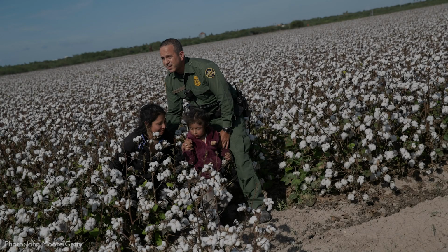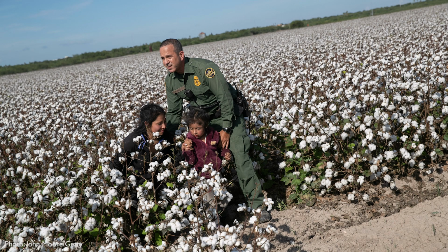Our next segment we call The Look. And here we are interested in thinking about how photographs push the visual boundaries to illuminate a story or an idea. This photograph was taken by John Moore. He's certainly no stranger to us and to Chatting the Pictures. He took this picture for Getty Images. And what you see simply is a Border Patrol agent capturing a mother and a daughter from Ecuador in a